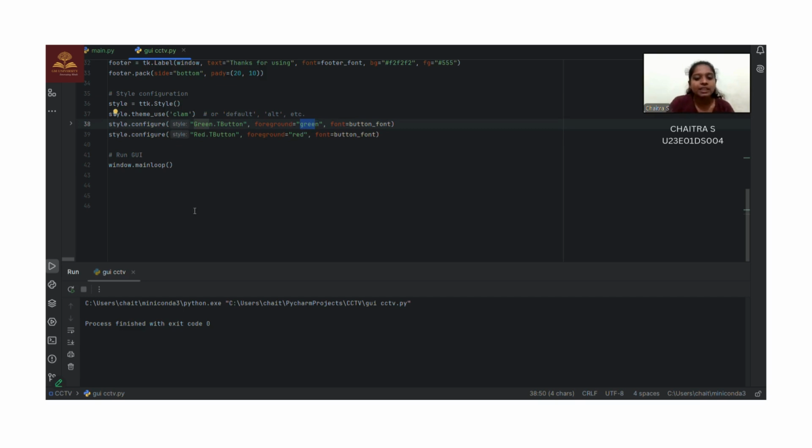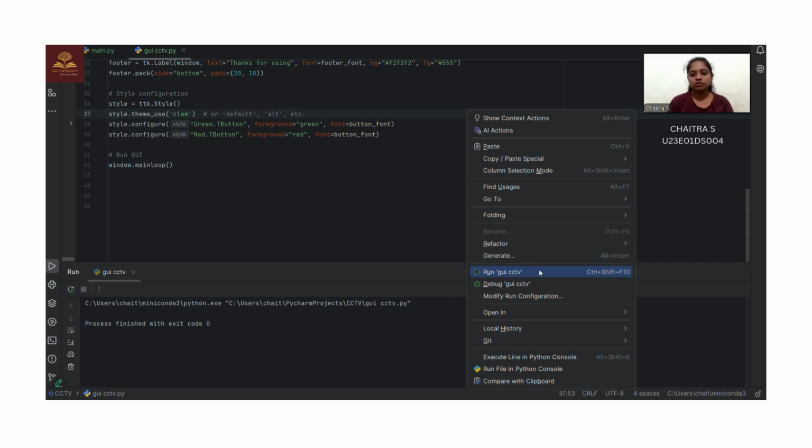Then totally run the mainloop. For this, run GUI, it is very important. This line starts the GUI application and waits for user interaction like a button click. As I explained, it has a spot difference button, so we have to click the button. Without mainloop, the window would just open instantly and close. So this is overall the code. And let us see the output. Let me run the code.